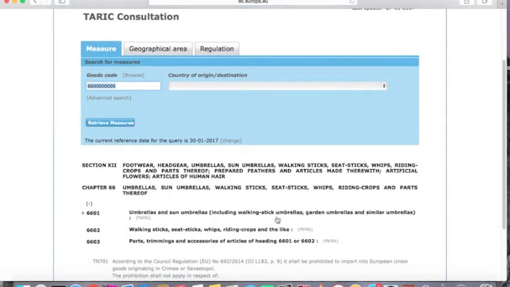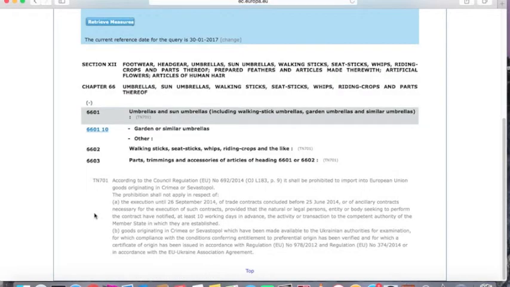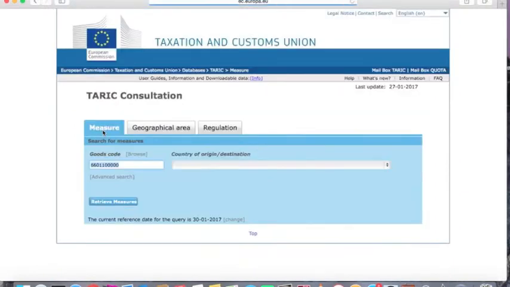Within chapter 66, we can see a subheading, and there is 6601, umbrellas and sun umbrellas. So we're going to click on that, 6601. And when we look here, we see under 660110 garden or similar umbrellas. So we'll select this. And now we're back into the TARIC consultation page. And there's our tariff number. And if we click here now on Retrieve Measures,